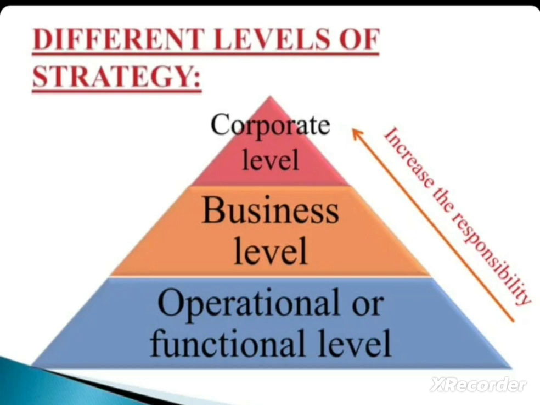So corporate level strategies decide for the business as a whole, and if they are making strategies for a whole business, then it is a corporate level strategy. The business level strategy is one in which the strategies are decided for a particular business unit, and the operational level strategy works at the operational level or at the functional level. So these three strategies are available in the business, and they work at the corporate level, business level and functional